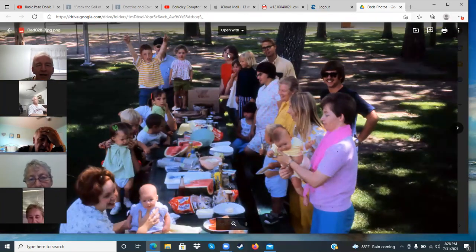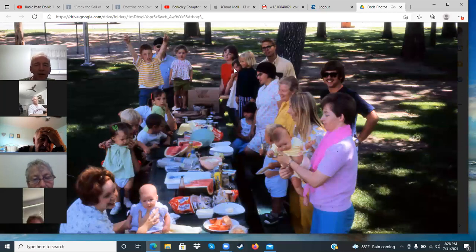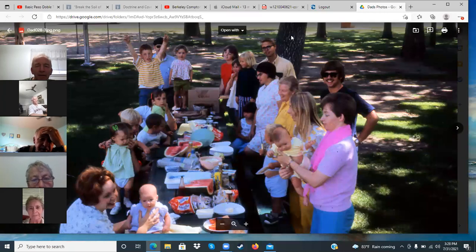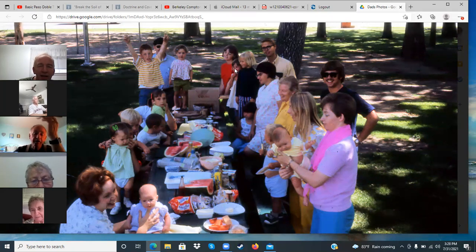Okay, so there's Becky, there's Larita. Now, who is standing between Becky and Larita? I don't know. Does anybody know? Where are they anyhow? Is that one of Bruce's kids? Is that Pamela? Bruce's kids. That could be Pamela because Tammy is right there holding on to her mom's arm. There's Linda, there's Tammy. That's probably Pamela.